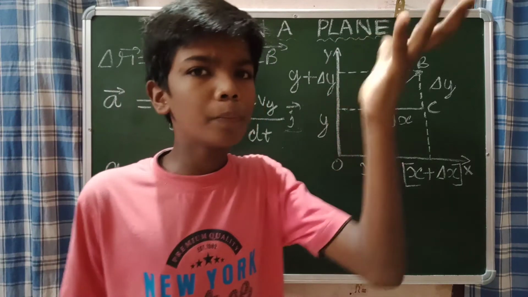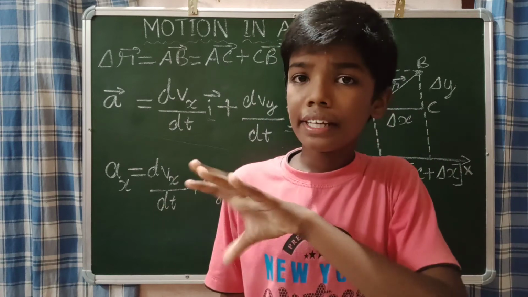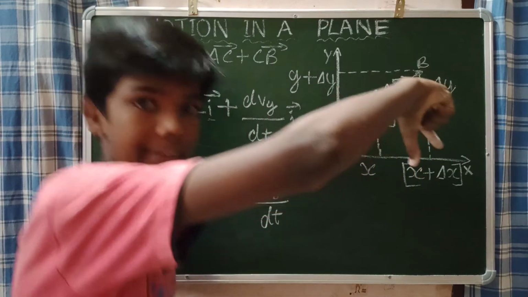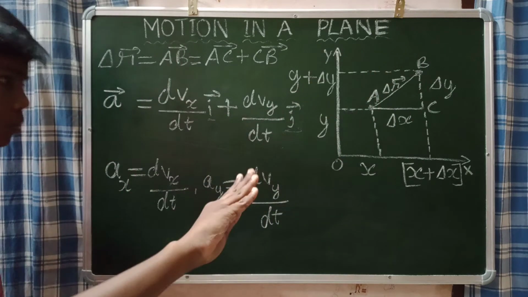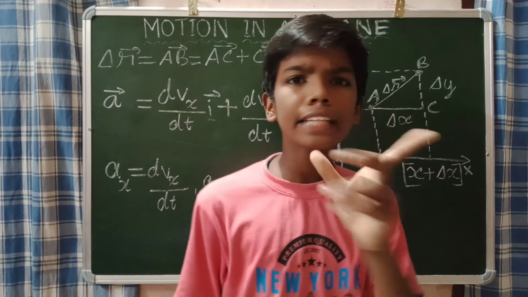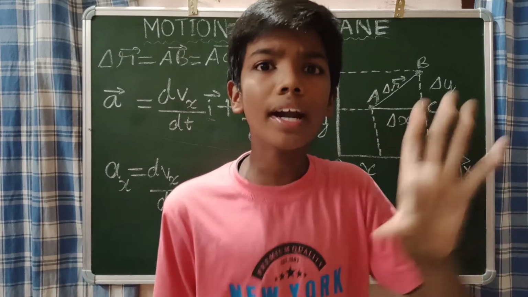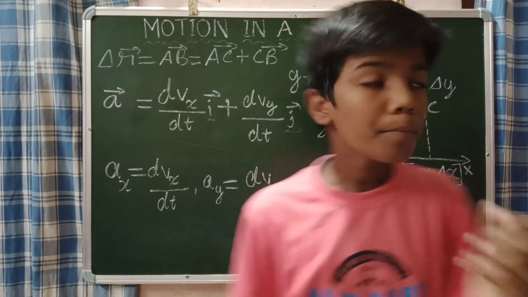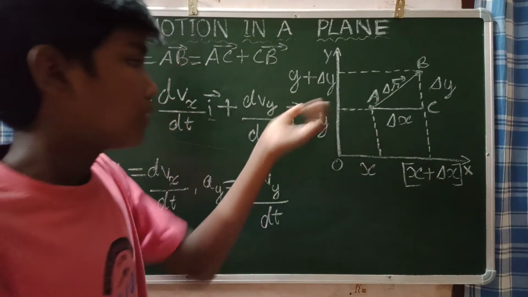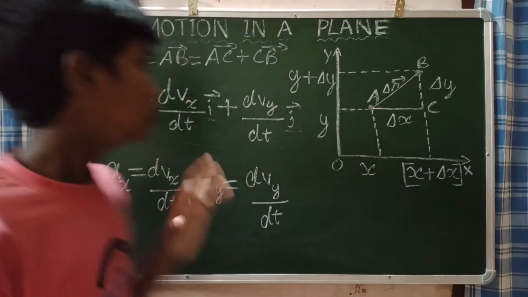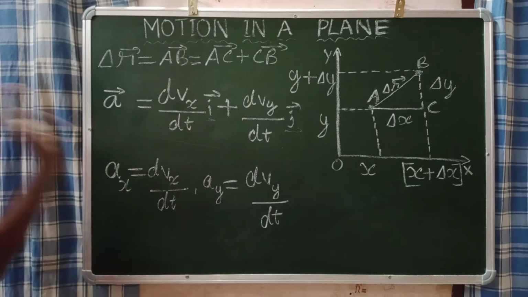Now we have found the displacement, velocity and the acceleration of a particle when it is moving in a plane. That is what we have found till now. Please remember the derivations, guys. Now one thing is remaining. What is remaining? The kinematic equation is remaining, na? The kinematic equation for the motion in a plane is remaining. Now let us do that, guys. So remember the displacement, velocity, acceleration things.